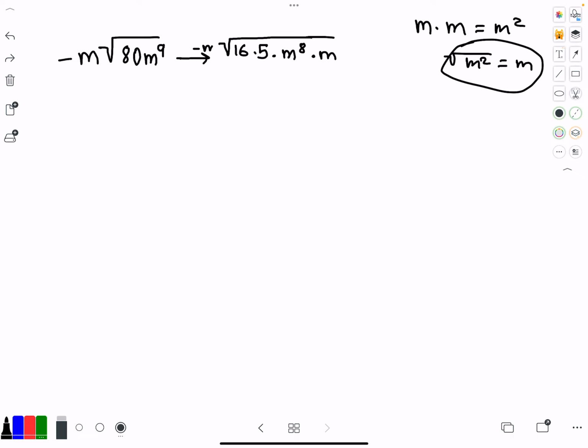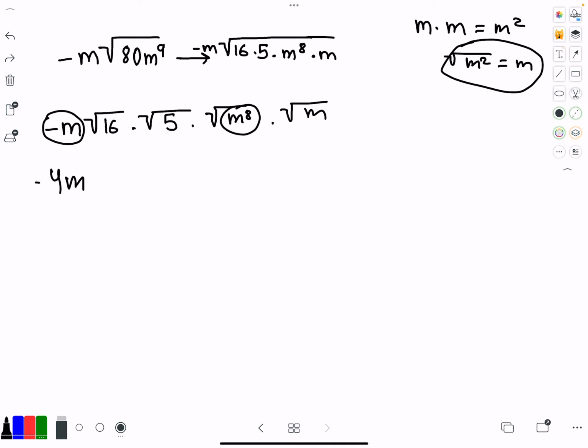Okay, so you take negative m on the outside. You're going to get negative m times the square root of 16 times the square root of 5 times the square root of m to the power of 8 times the square root of m. Negative 4m. And you take this m and that m. The square root of m to the power of 8 is going to give you m to the power of 4. So you're going to get m to the power of 5. Yeah, and then the square root